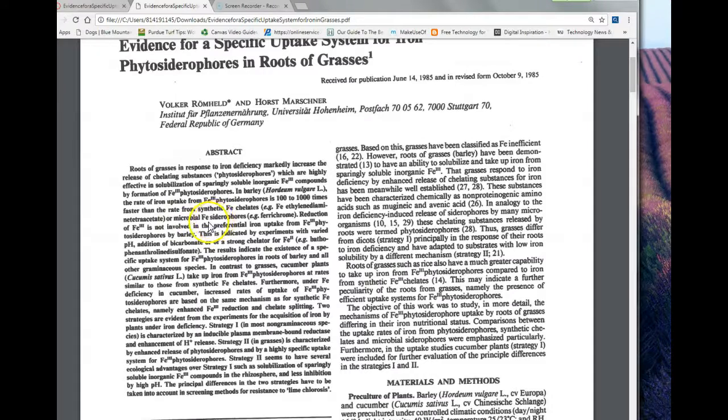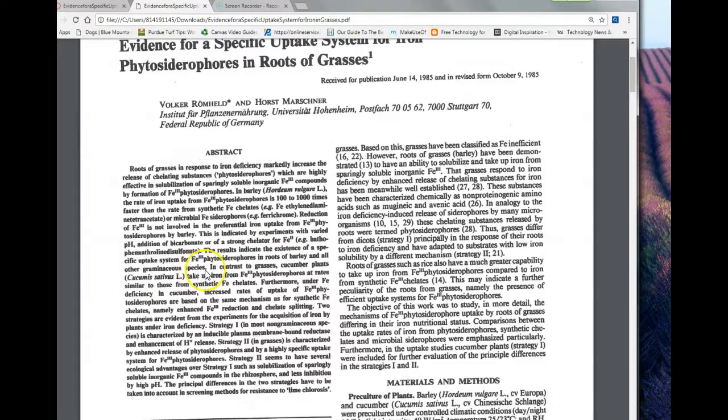Or microbial iron siderophores, ferrochrome. So one of the things they talk about is that reduction of Fe3+ is not involved in the preferential iron uptake by these phytosiderophores by barley. It says this is indicated by experiments with varied pH, so they raised and lowered it, addition of bicarbonate or of a strong chelator for the iron. So the results indicate the existence of a specific uptake system for Fe3+ phytosiderophores in roots of barley and all